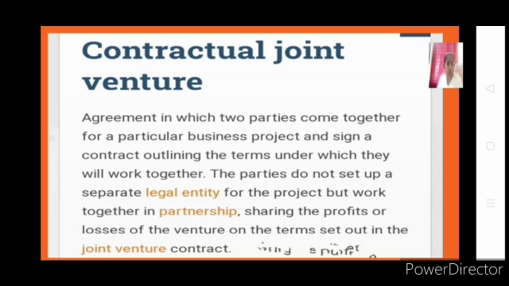Once that particular project is completed, the contract gets terminated. A will be continuing A's business, B will be continuing B's business. That is called your contractual joint venture. It is just opposite to your equity-based